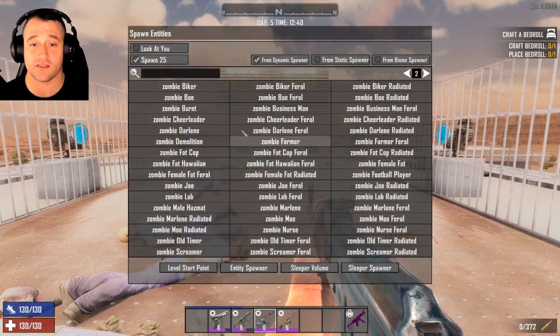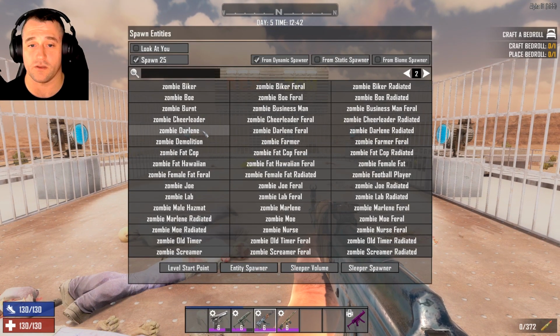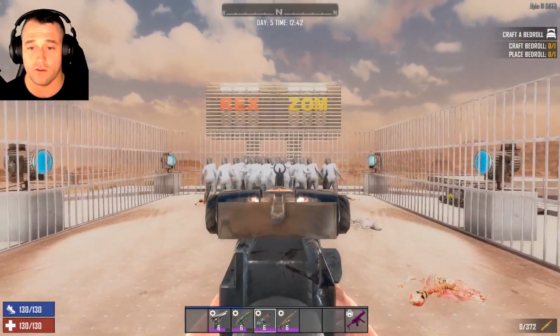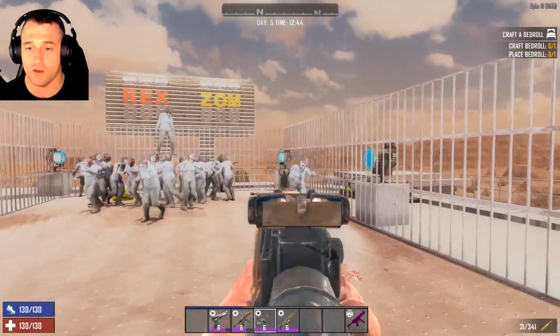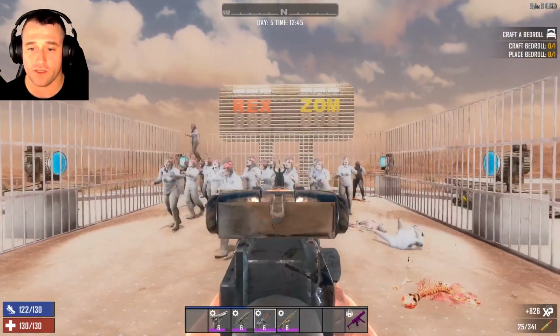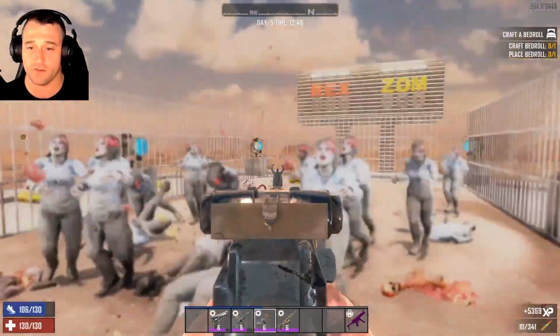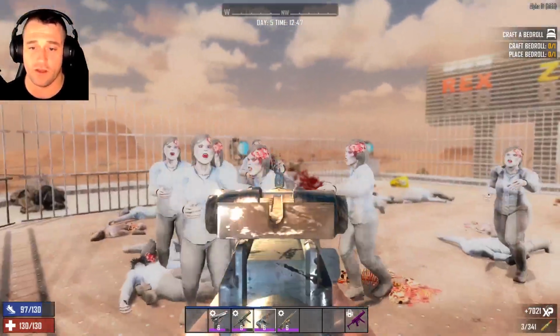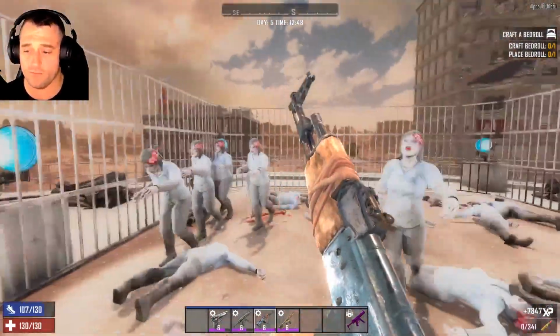Let's go to F6. Zombie Darlene. Here we go. Zombie Darlene. Okay, here we go. This is 3-round burst. I'm trying to make a conscious effort to let the 3 rounds come out. Ooh. And then...